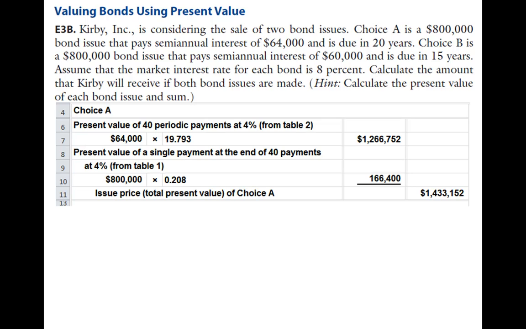Then we have to take into consideration the lump sum payment. There also is going to be a lump sum payment at the end of the 20 years of the $800,000 bond issue. So we find Table 1 for lump sums, find our 40 payments, and match it up with our 4%, and we get a factor of 0.208. So the present value of the $800,000 bond issue lump sum is $166,400, and the present value of all of the interest payments is $1,266,752. The total present value of Choice A would be those two added together,